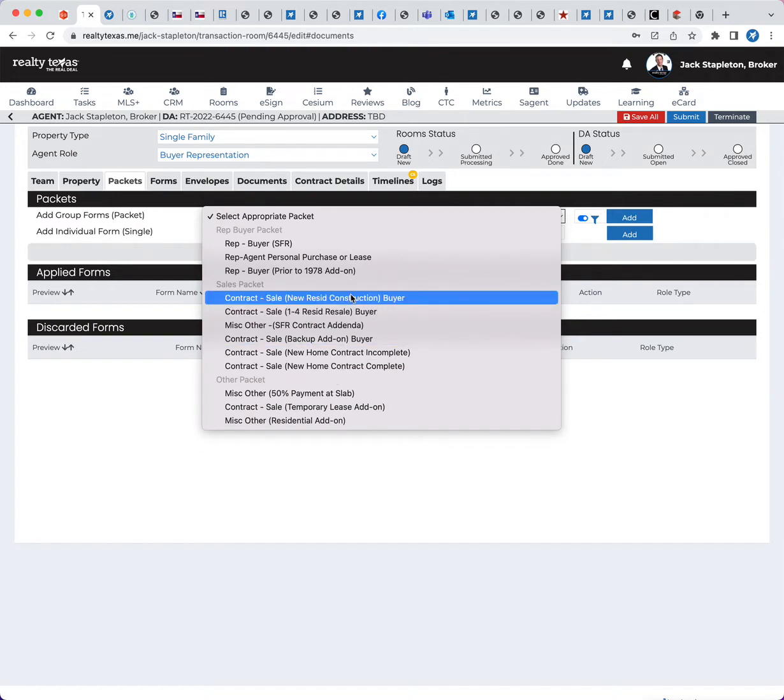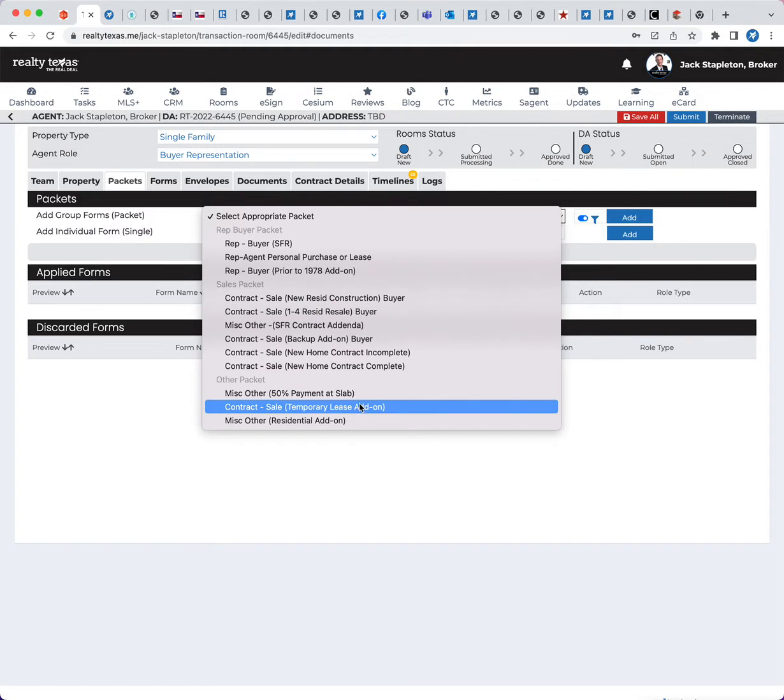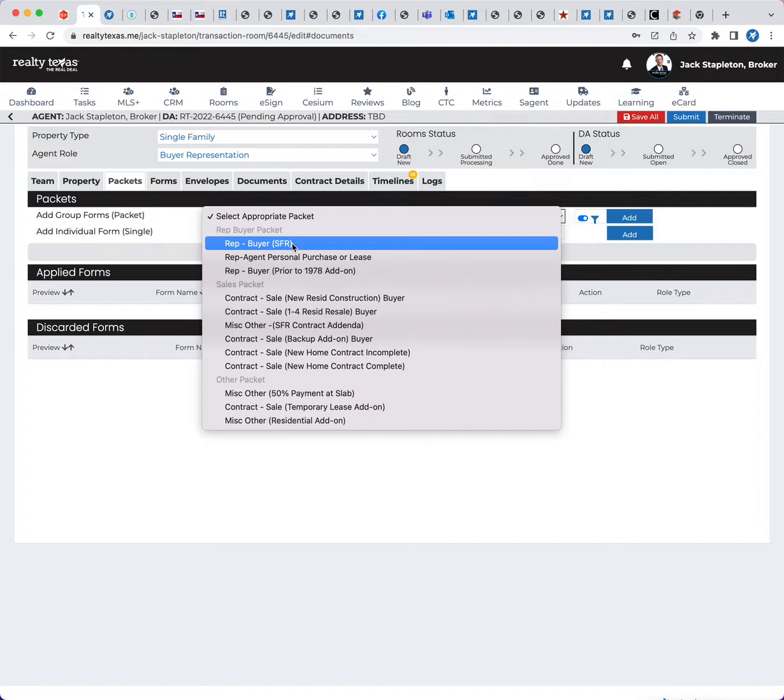All of that stuff all falls under here. So you pick the appropriate packet that makes sense based on the situation. If it's a temporary lease, different packets for different reasons. Okay, so I'm going to click the buyer SFR,